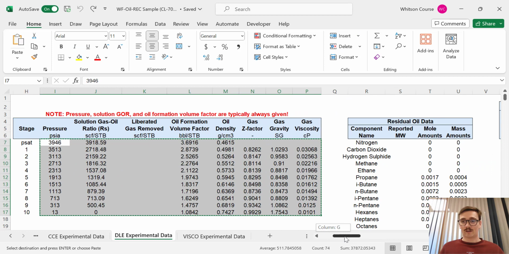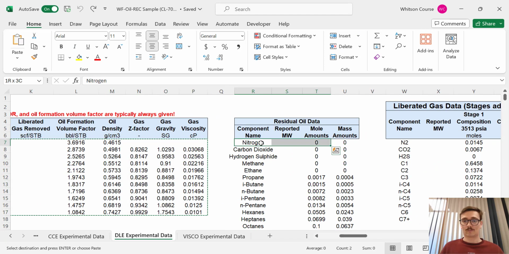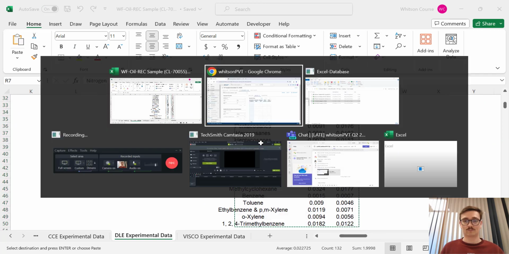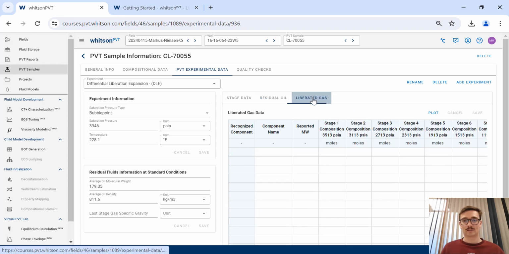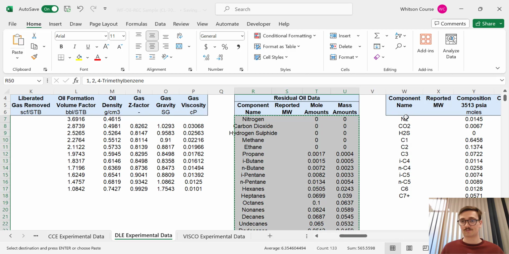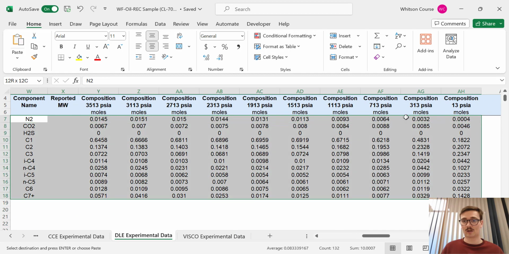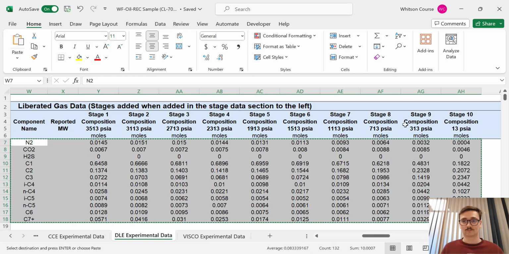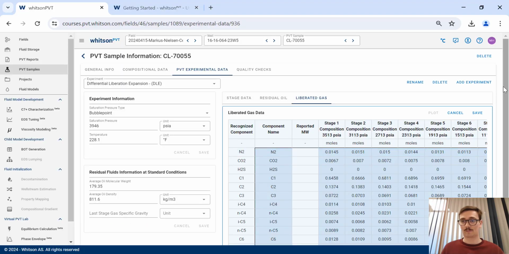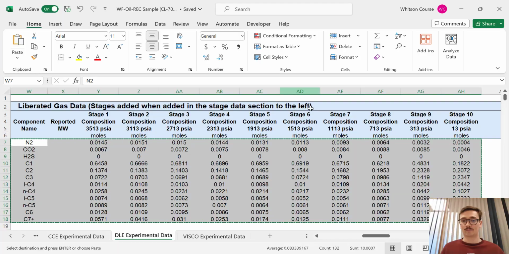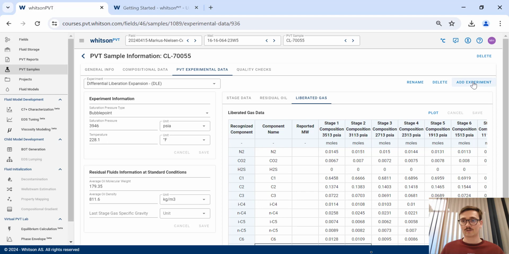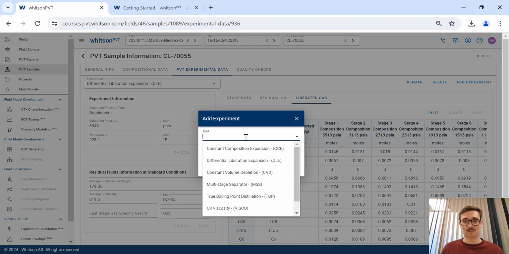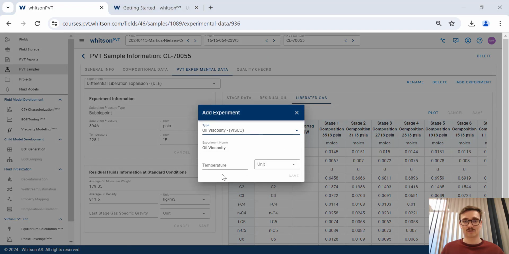If we move back to the Excel file, you see we have the residual oil composition here in both mass and mole, and paste it. The next step is the liberated gas compositions, and they can simply be copied from here and paste. Great. The last step here is to put in the viscosity experiment. So we're going to do just like before, add experiment, find our oil viscosity experiment, put in our temperature, like so,